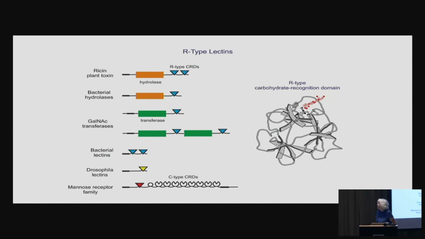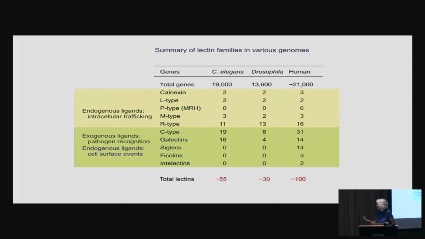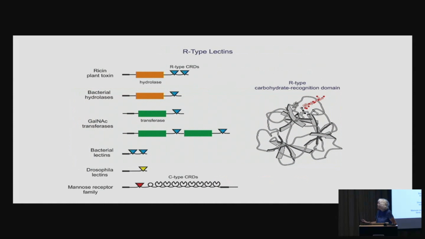R-type lectins are named because they are structurally similar to this domain in the plant toxin ricin, which recognizes galactose on cell surfaces, and that subunit causes the toxin to be internalized, where the hydrolase domain can attack